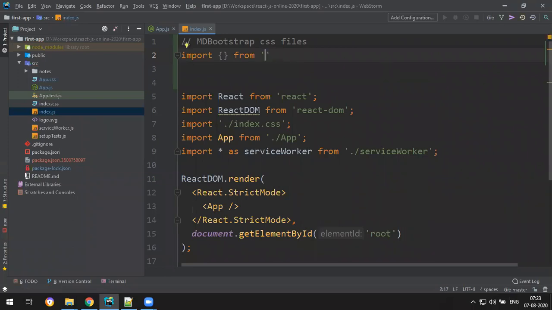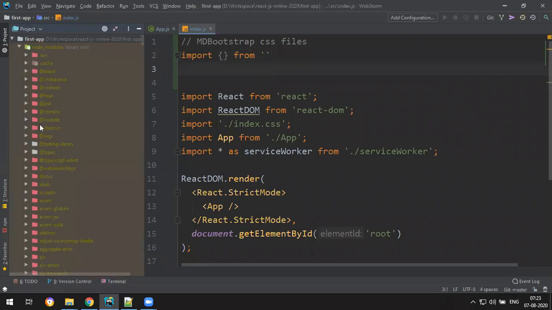Not coming. Wait. Yeah, we can use CDN links also. Wait, I'll tell you. So go to node modules.